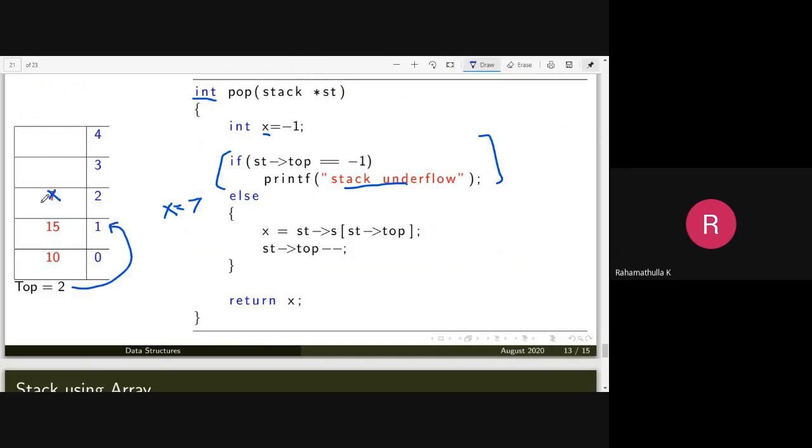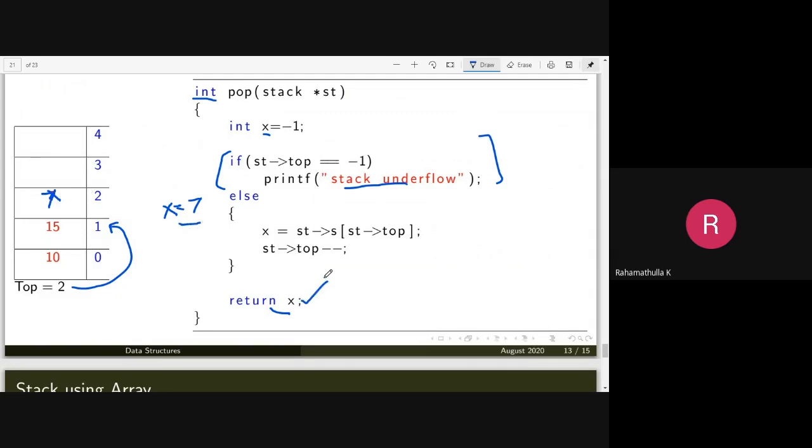Actually, you are not deleting any element from this. You are just changing this value. You are not removing the element here or writing anything on top of it. You keep this value 7 here and you say that now the stack top is this. So that next onwards when you ask for push option, it will push it here so that this element will get replaced. You return x, which is already having this value, so the value will be returned.